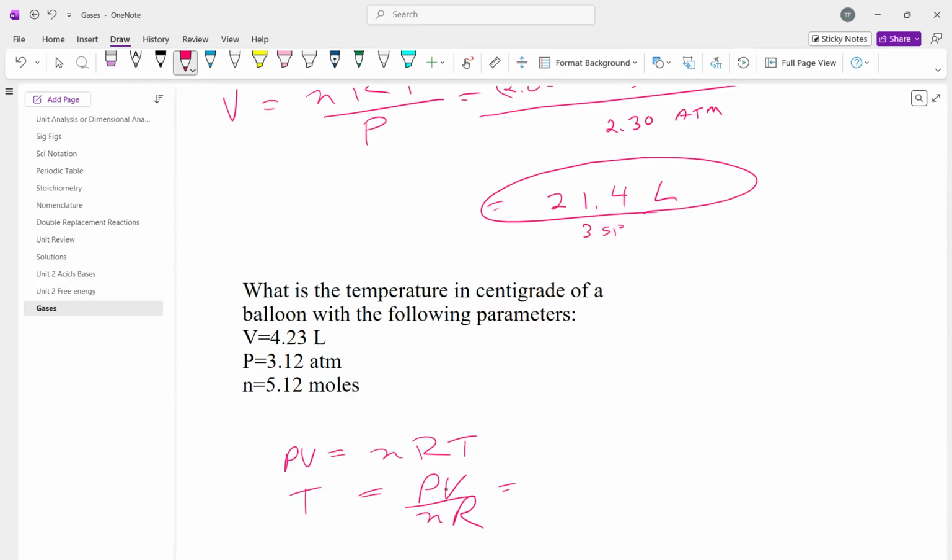Okay, so pressure is 312. Volume is 423. Number of moles is 512. And R is